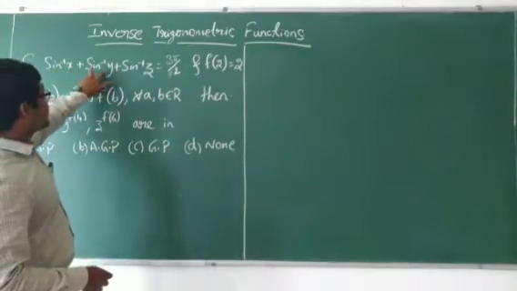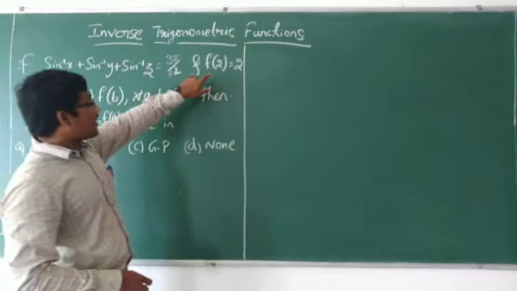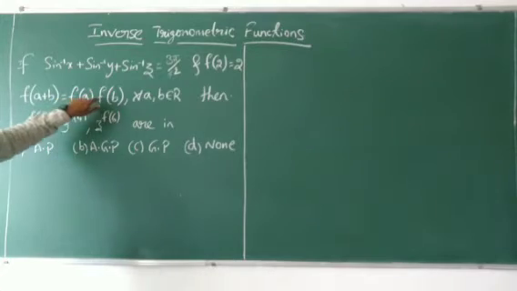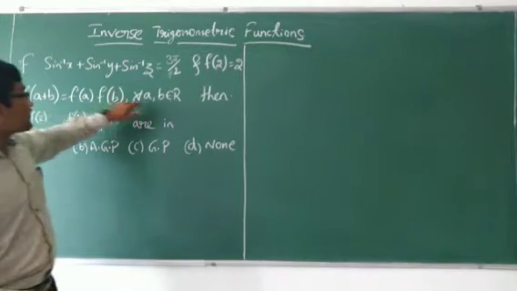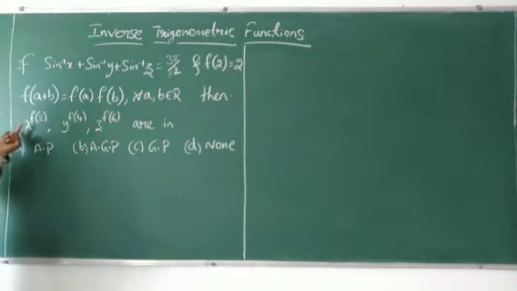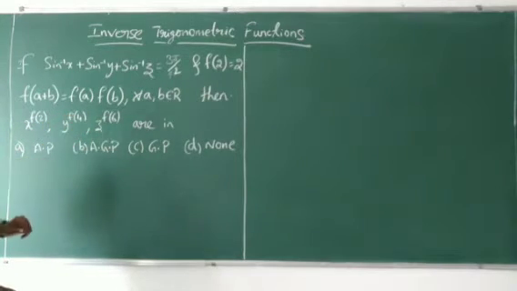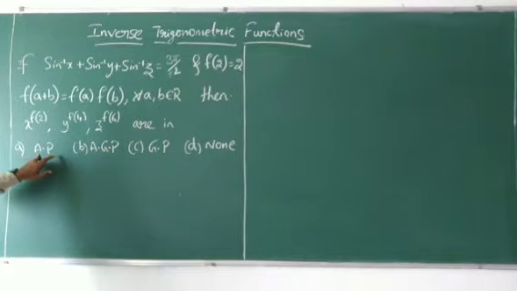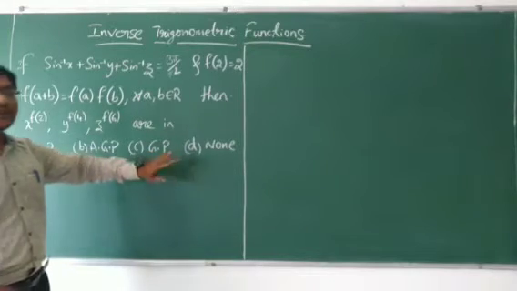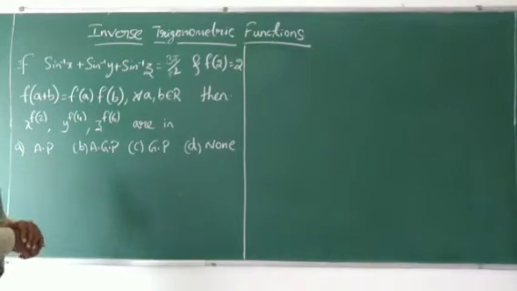This is a condition based on what we have seen. Sin inverse x plus sin inverse y plus sin inverse z is given as 3 pi by 2, and some values are given: f of 2 is 2, and this is a condition, f of a plus b is equal to f of a into f of b, which is satisfied for all a, b belongs to R. Then he is asking, x power f of 2, y power f of 4, z power f of 6 are in, whether it is in AP, AGP or GP: arithmetic progression, arithmetic geometric progression, geometric progression. These three terms satisfy which of these conditions?